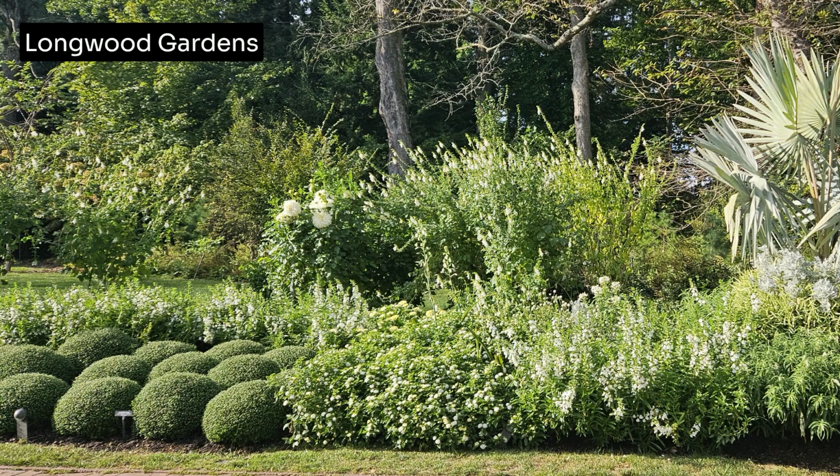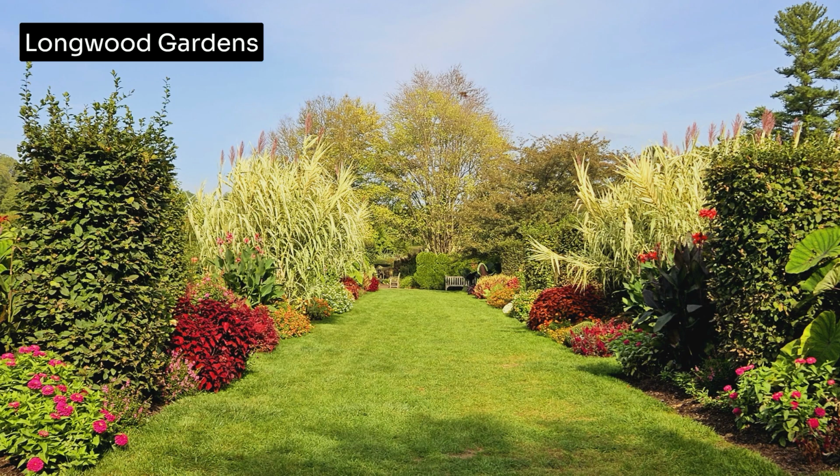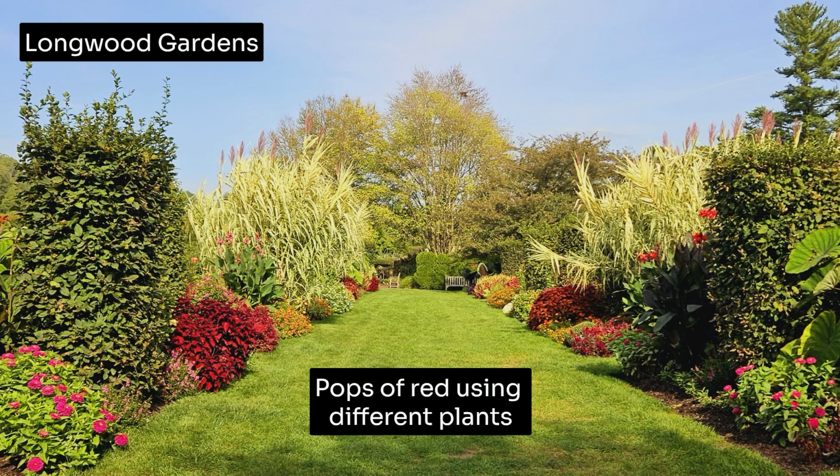Another way to create that unified look is to use the same color throughout your garden. So you don't have to necessarily do groupings of the same plants, but groupings of similar plants with the same color throughout your garden to create that unity and flow is a really easy thing that you can try at home to make your garden feel more put together and more unified and like it all is one space instead